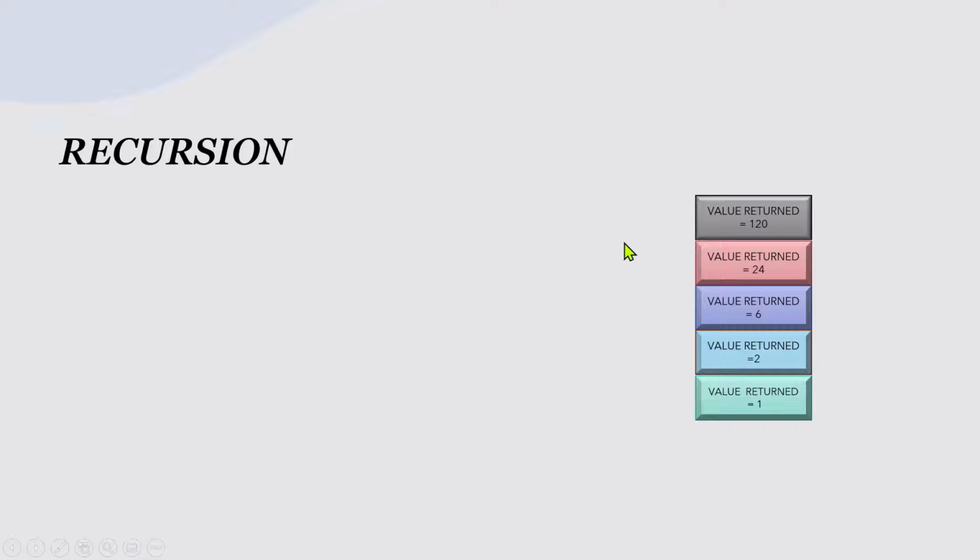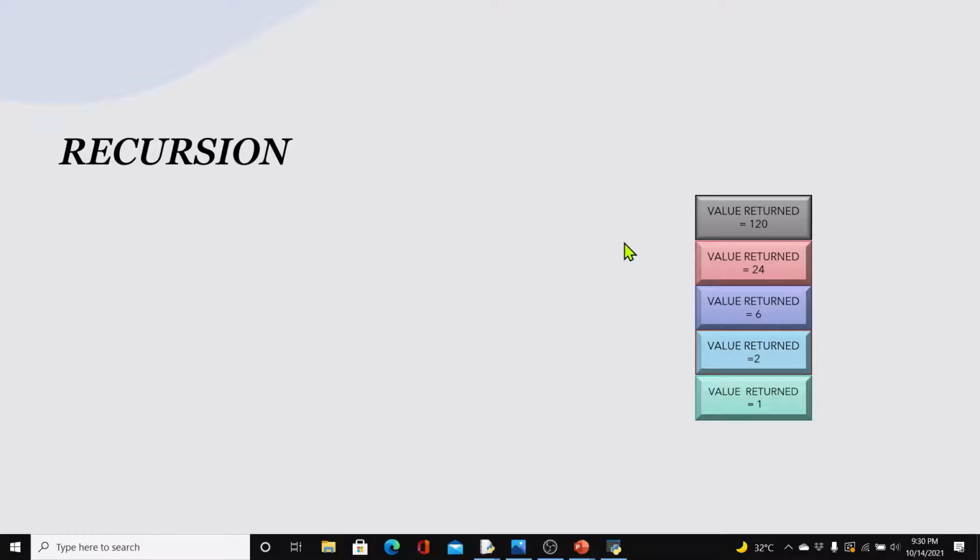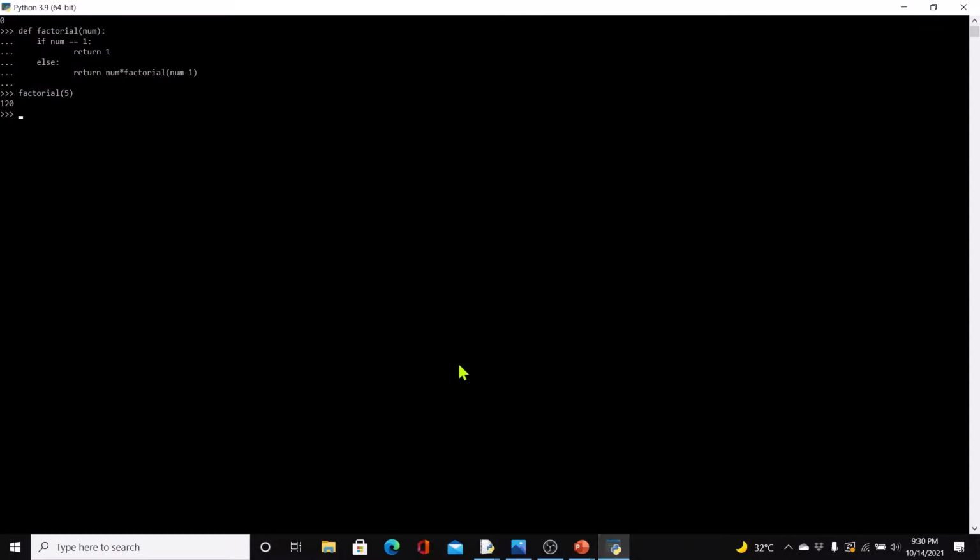So now, what if I told you that I needed you to find the sum of all numbers up to or until a given number? What this means is if I give you 20, find the sum of all numbers from 1 to 20. How do we do that? Using recursion. We will say find sum, and of course we need that number,